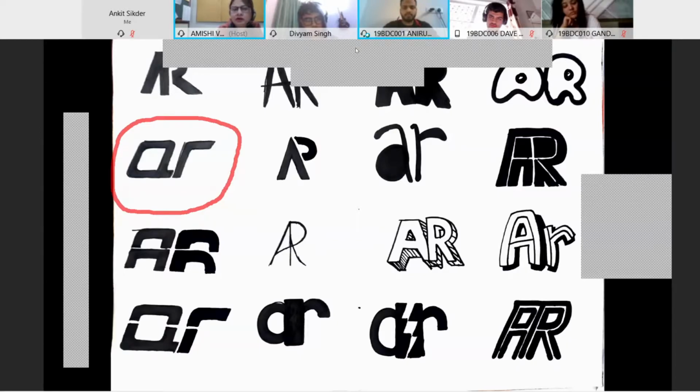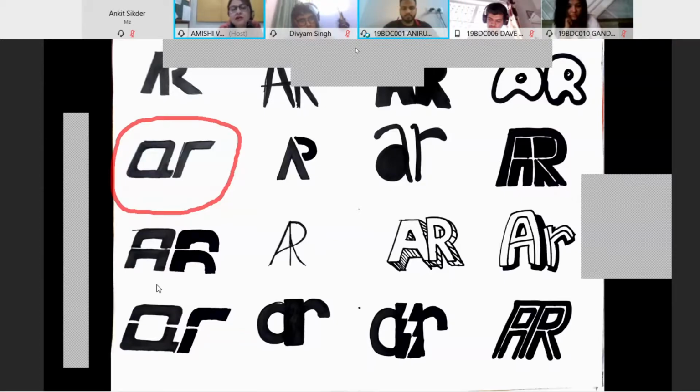So a very important thing in these exercises is that both the alphabets should be read as the alphabets that they stand for. I mean, not something else. So, for example, in Ankit's work, S was being read as 5. So it's similar here. The small letter A is being read as capital Q. That's how I saw it.